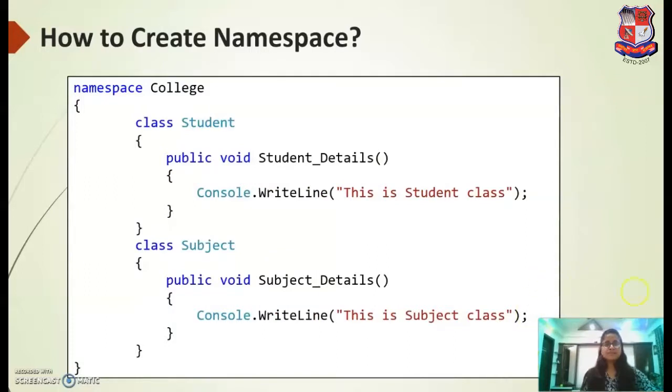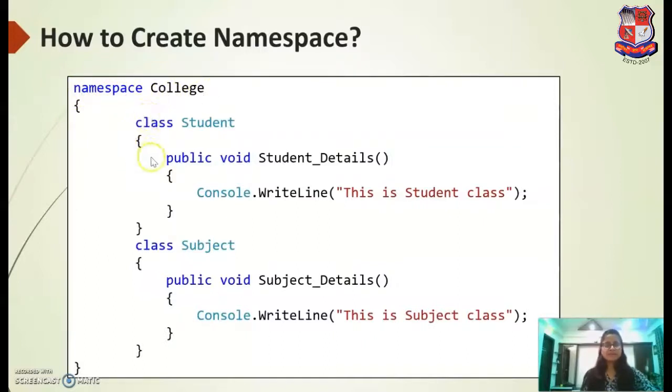Let us see how to create a namespace. In the .NET Framework, we are creating the application using the C# language, right? So this is the basic structure of a namespace. Here, the outermost block is the namespace. Inside this namespace, we have different related classes. So how do we create the namespace? Using the namespace keyword followed by the namespace name.